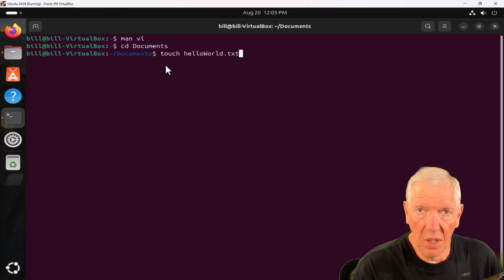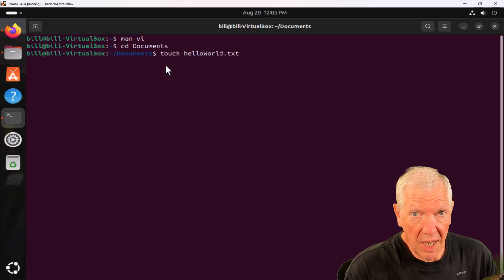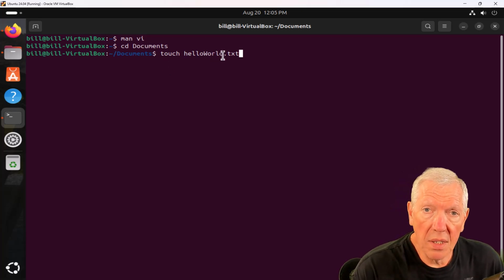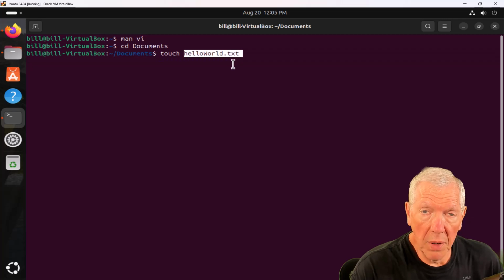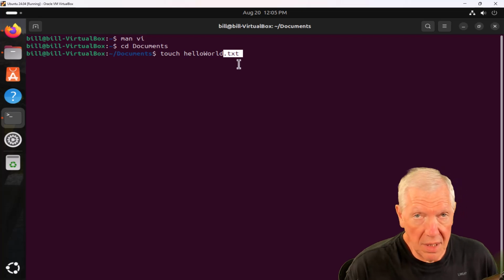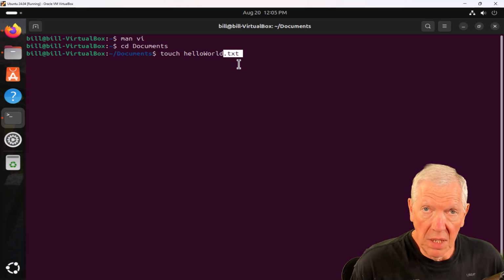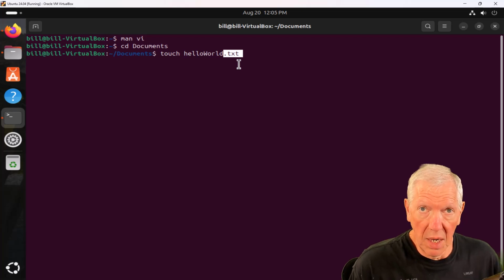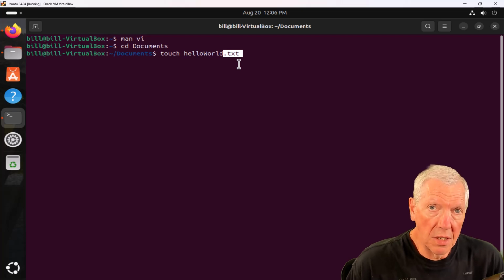I'll put a .text on the end of that, even though I don't need to. All it's doing is denoting that this is a text file to me. Linux could care less about these extensions. This three-letter phrase here is called an extension. This was popular in the DOS and Windows days. So you have a dot and then you have a three-letter extension, and it would tell you what the file does. Like this is a text file, exe means an executable, cmd means command, bat means batch, and so forth, MSI, Microsoft installer.